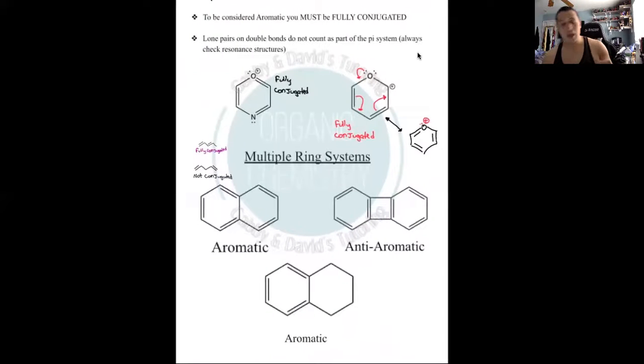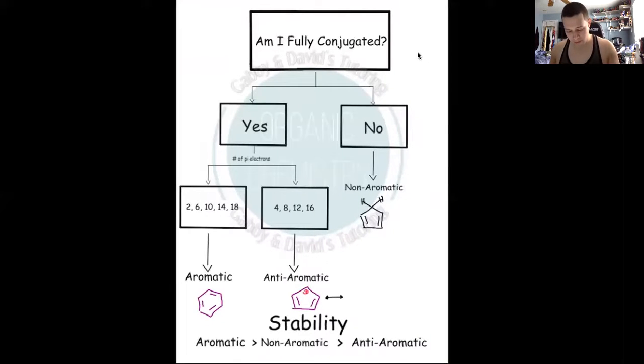For right now, I will come back to multiple ring systems. I promise. I'll probably get to it towards the end. But what I want to do first is show you guys this chart. And this chart is really going to explain Hückel's rule in a simpler way. So what I did here for you is I gave you all the numbers of the pi electrons that are